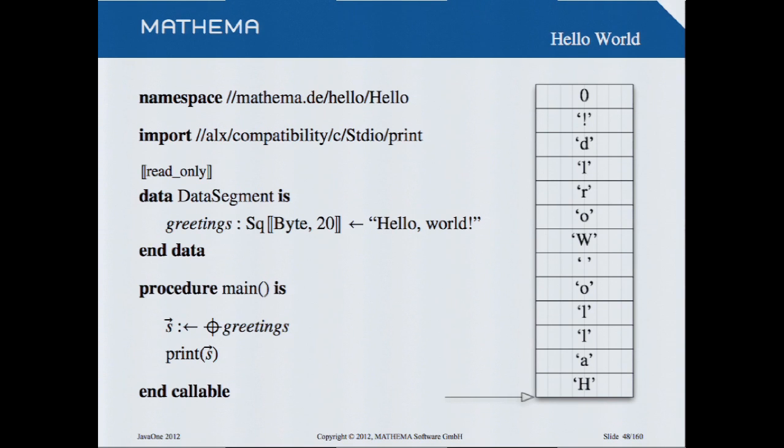Yes? Why is the procedure ended by callable? Yeah, because I changed it and I forgot to change it just before I started the presentation. In an earlier version, everything in this level was a callable. It seems to be very useful to know if a thing also on this level has a side effect or not. So everything is a callable, but a function is a special callable which has no side effects. A procedure is a special callable which has side effects, which the print does.